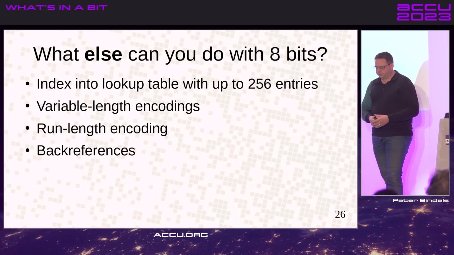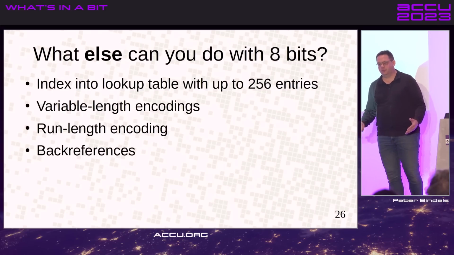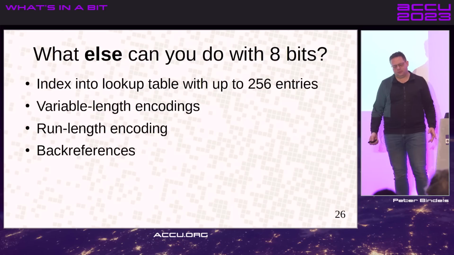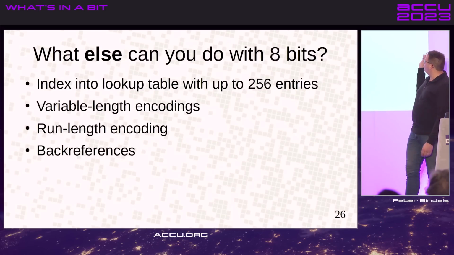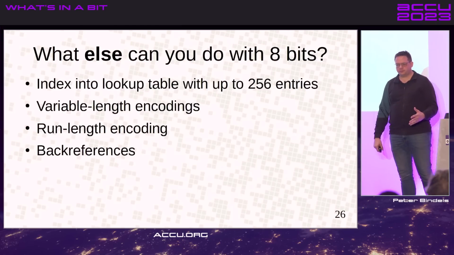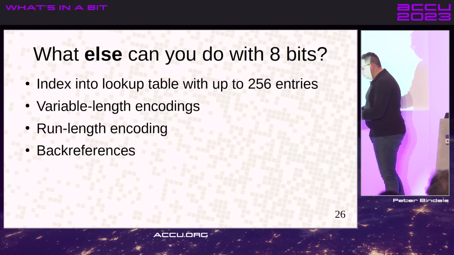So we had a couple of things we can do with 8 bits. And so far, they've been encoding simple things. But what else can we do with 8 bits? Well, you can make a lookup table and just map to 256 arbitrary things. You could make them index into a record table for which person it is, which person lives in a village, and so on. You can use them to make variable length encodings, which means you start with a small number,